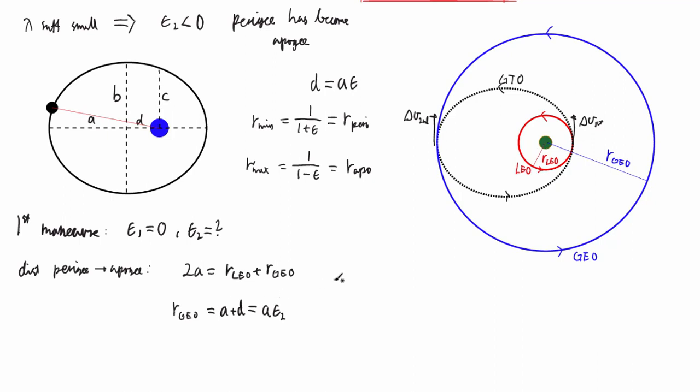So now we can use this to solve our problem. Well, first we have to realize that this is actually wrong. I forgot to add in a, obviously. That's a very simple error I shouldn't make. Okay, so this is a times 1 plus epsilon 2. In other words, a is R GEO divided by 1 plus epsilon 2. We can plug that into this expression, and we will get